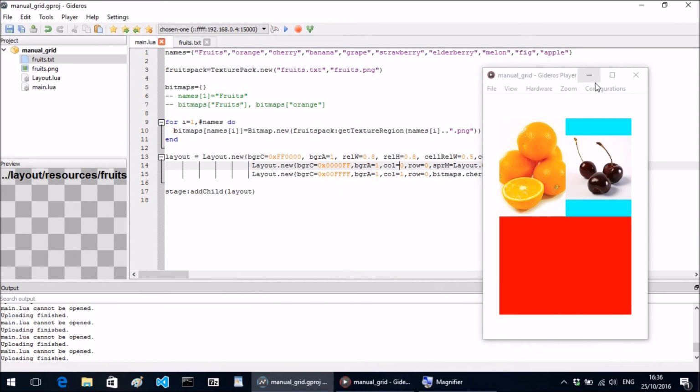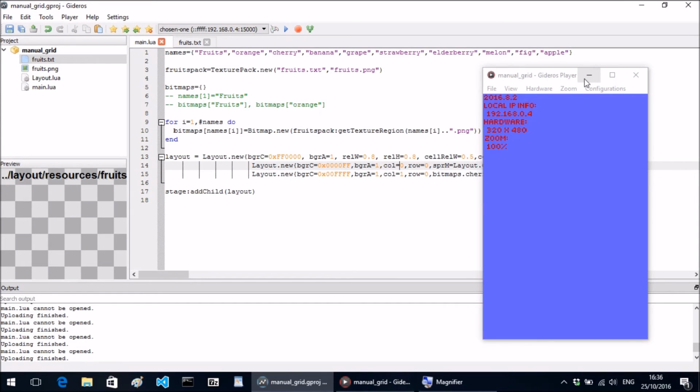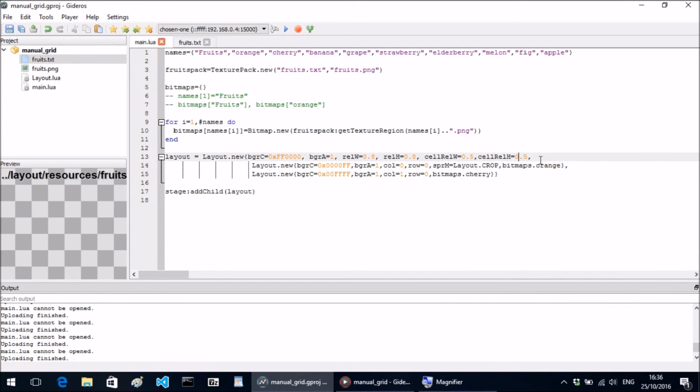Okay, I'm now in a position to start doing what I actually want to do and get all these fruits in place and reproduce, therefore, the manual grid example. In the manual grid example, I don't have a cell relative width of a half, but rather I have a third. So I'm going to have 3 cells along in the width direction, and in the height direction I'm going to have still a half. And by the way, in Lua, this is indeed 0.333. It is not 0 as it would be in C. So you can do this 1 divided by 3 without any unexpected round-off errors. Okay,